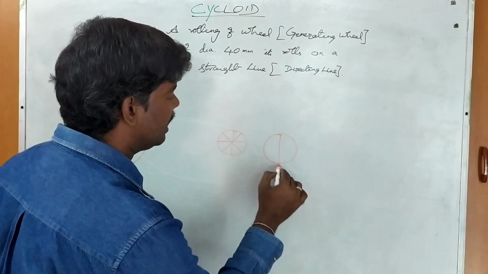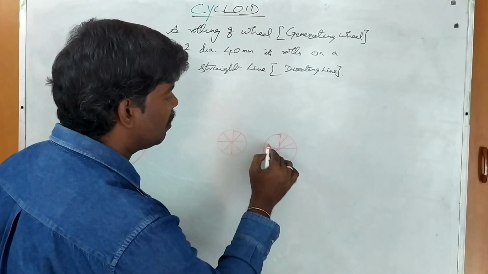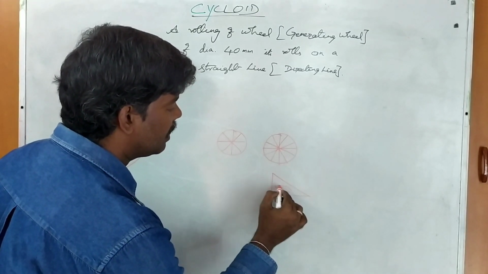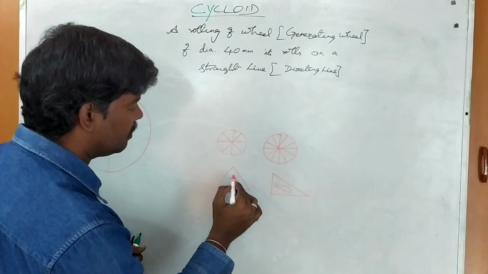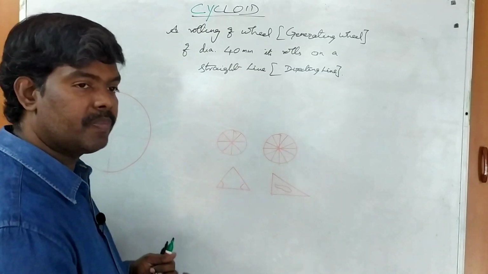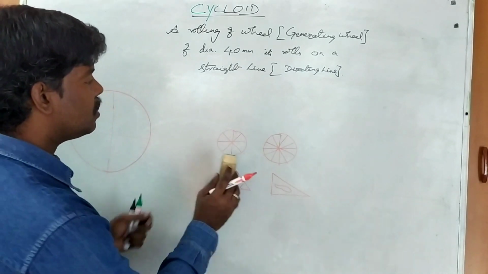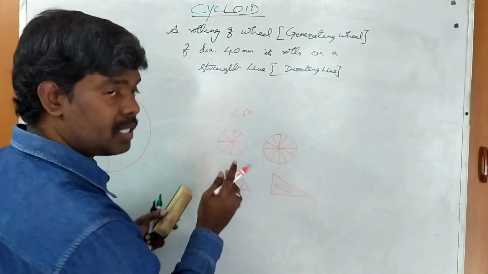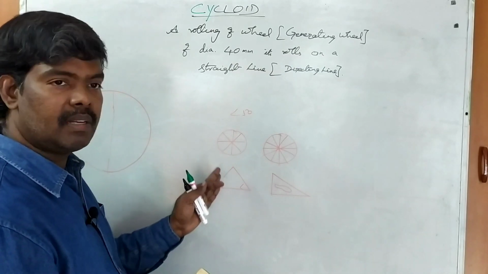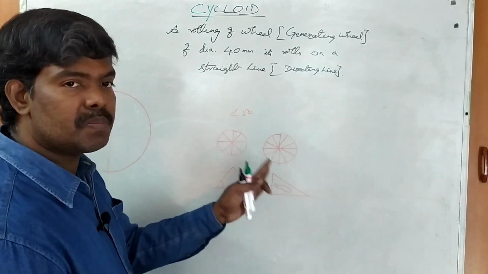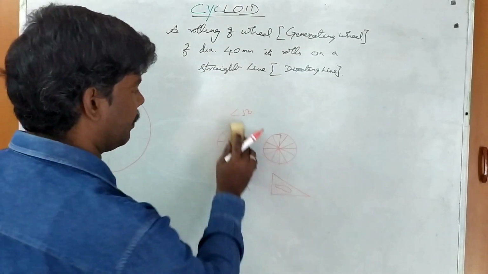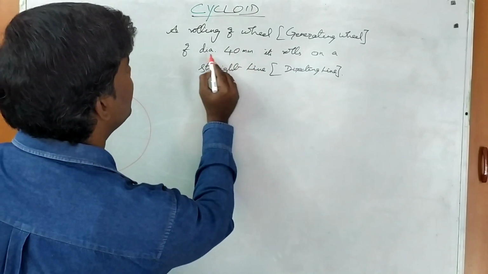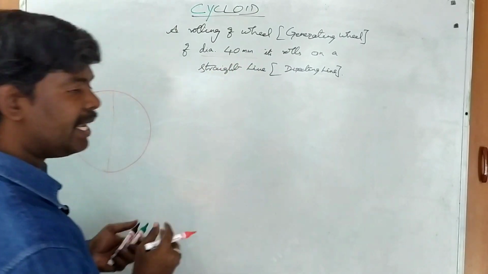Similarly, the circle can be divided into 12 equal parts with the help of a 30-60 degree set square, and into 8 equal parts with the help of a 45 degree set square. One more thing: if the circle size is less than 50 mm, 8 equal parts is enough. If the circle size is big, you go for 12 equal parts. Clear? Here the wheel diameter is 40 mm, so 8 equal parts is enough.